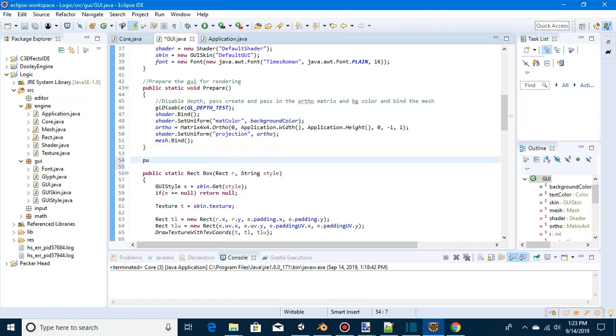So right here, it's going to be public static boolean button. No, I'm going to put that first. No, I'll put text first. So string text, rect, and